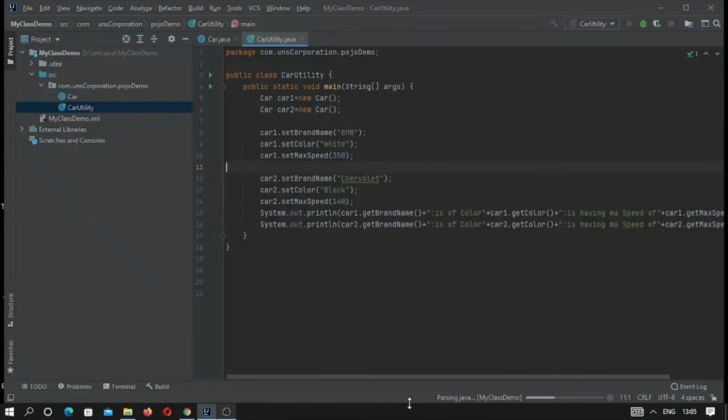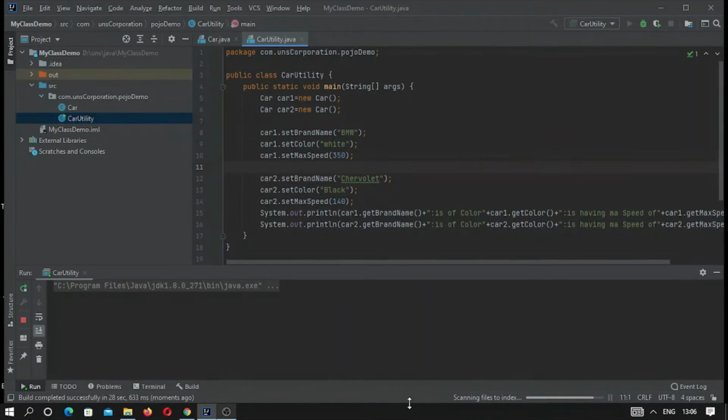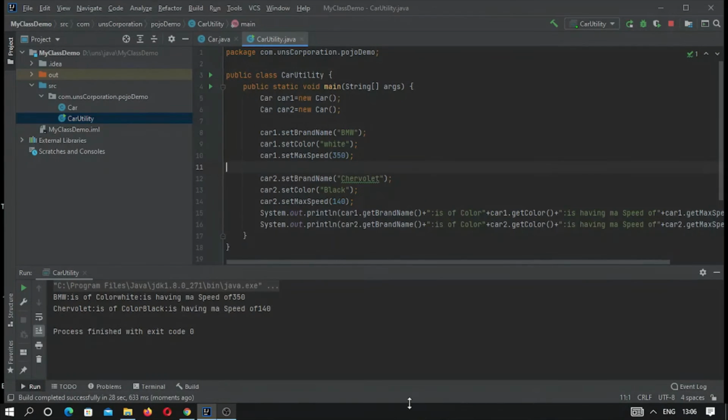The first time it is getting executed, so it is checking and compiling, and during compiling the Java compiler checks for any kind of syntax error. If there is, it will simply prompt you or warn you to eradicate it, and after that it will try to execute the program from the main method. Okay, so here you can see whatever we intended to write to the console is appearing like this.